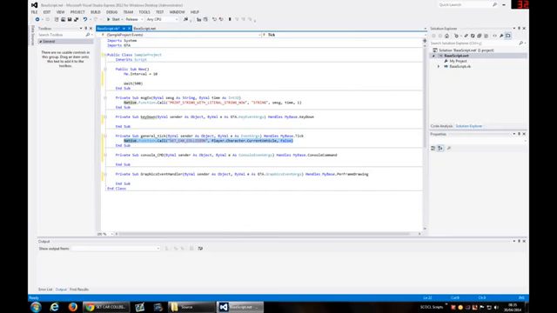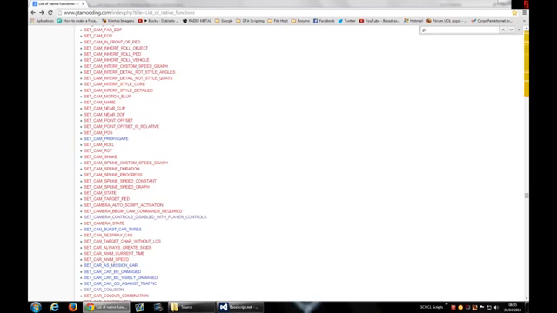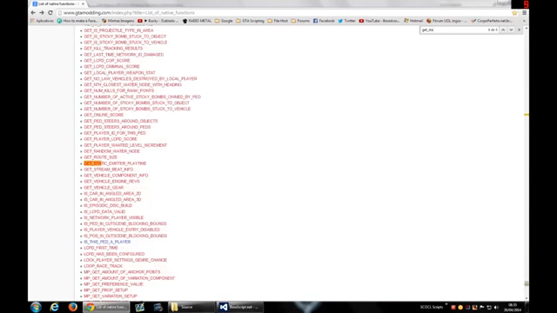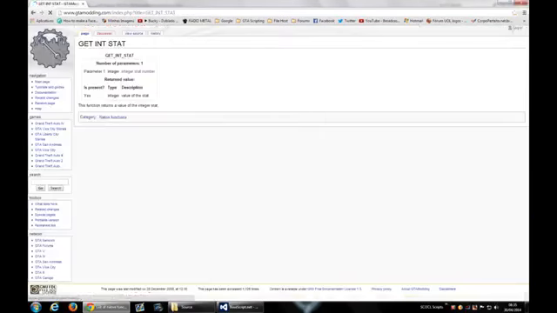Now, let's say that you need to call a method and obtain a value from this method. Let's pick as an example GET_INT_STAT. This method here returns statistics from the game, and it has a return value, an integer return value. So how do we call this method and obtain the value from this native call?